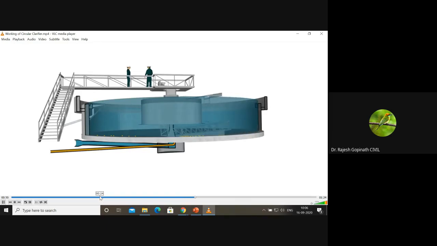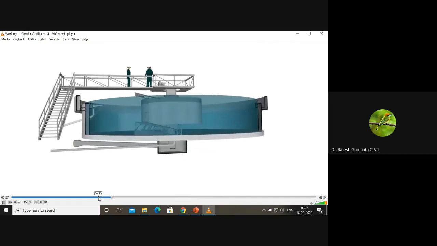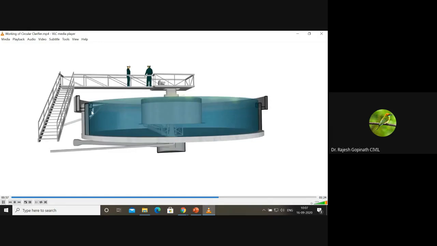I'll repeat this. What is happening is, when the wastewater enters, it rises up and falls down. When it is falling down, all the settleable solids are descending, and the mechanical scraper is removing them, and the sludge is being removed from the sludge removal pipe, that is the settled solids. Meanwhile, it is also possible that there is certain oil and grease or scum that may enter your sedimentation tank. That is removed through the scum removal. That is this portion.